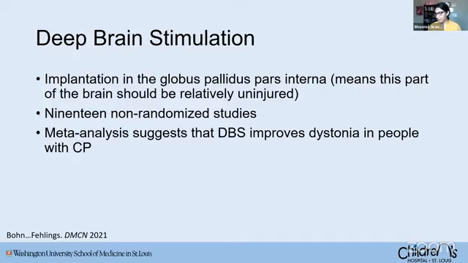There has been a general disappointment, I think, in the effect of DBS for dystonia and CP, in part because we see the outcomes for DBS for certain genetic dystonias like DYT1 or TOR1A associated dystonia to be practically curative. So when you see that robust response to DBS in a certain population of children with dystonia, and then you don't see as clean or as clear of a response in people with CP,